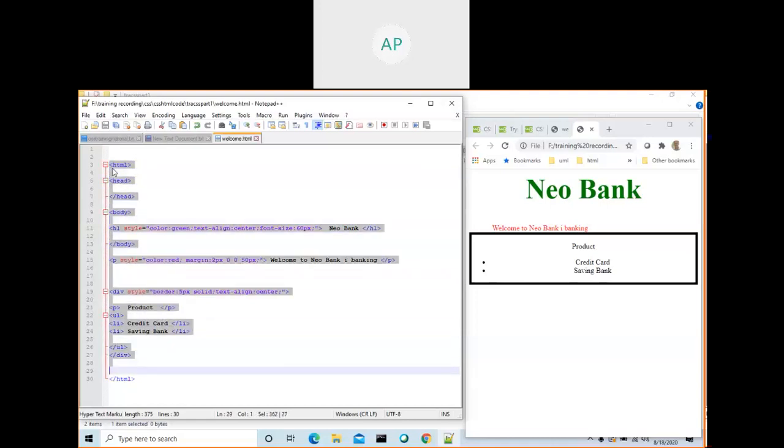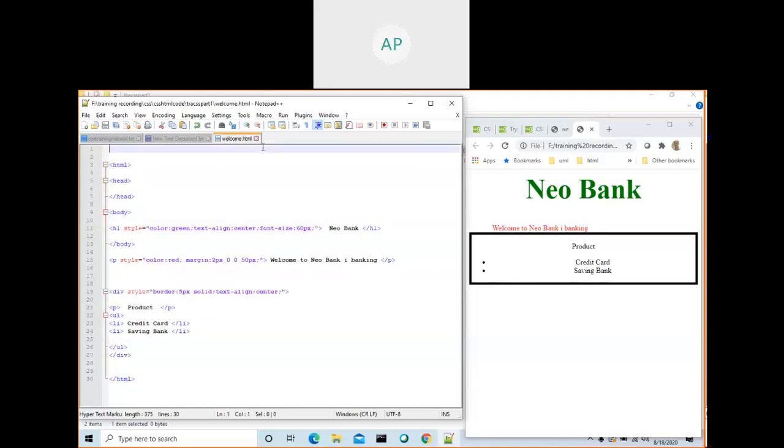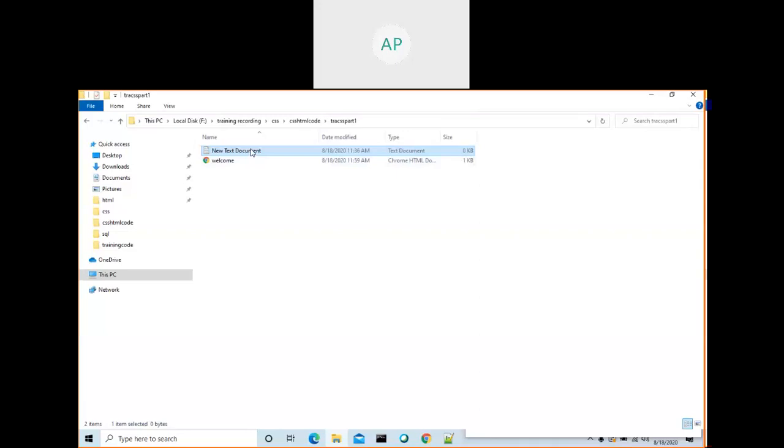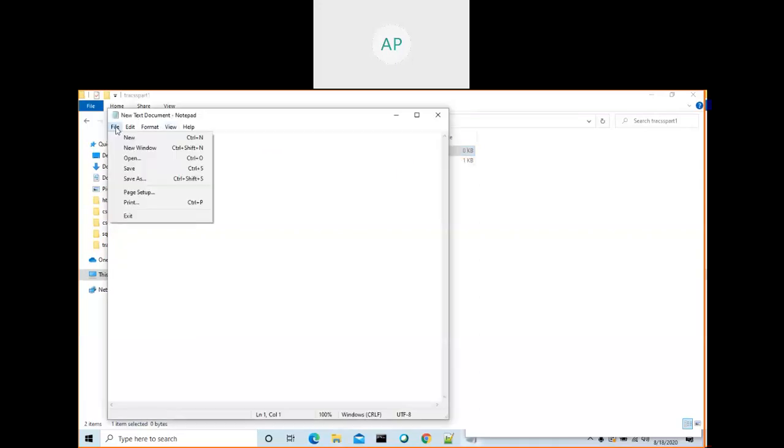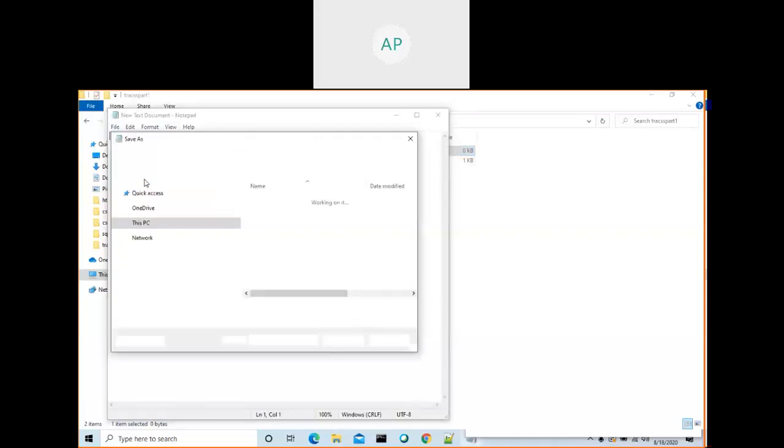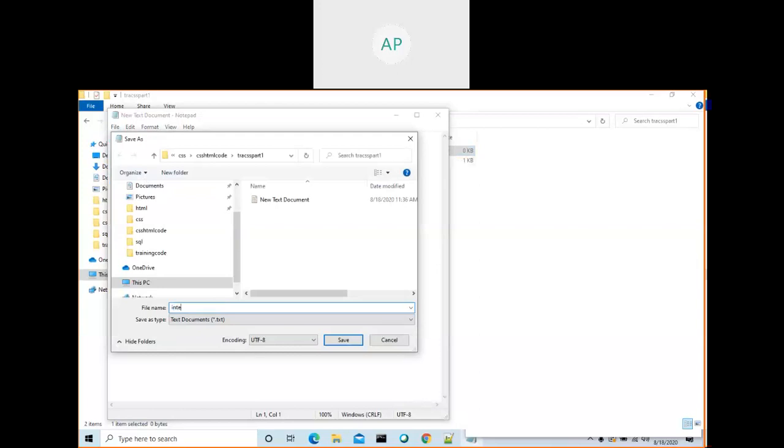Okay, Control C. Let us create another file. Go to your editor, file, save as, internalcssexample.html, all files.